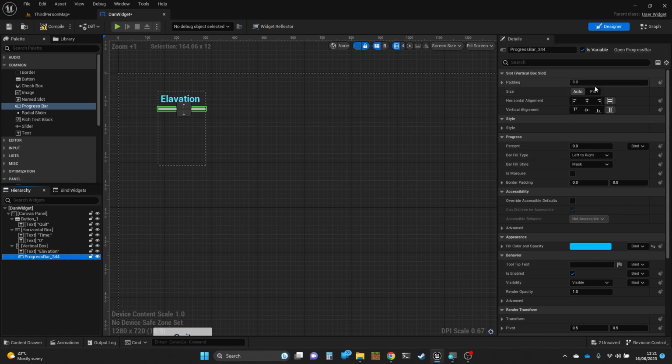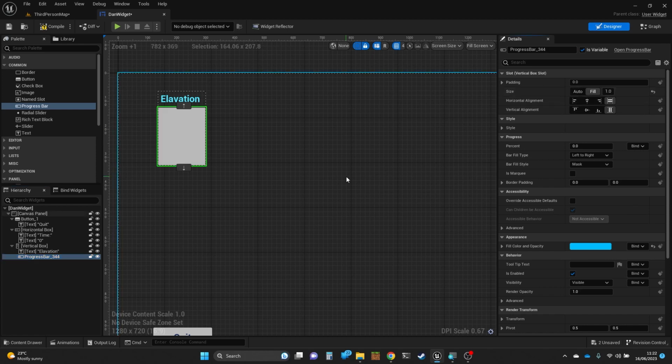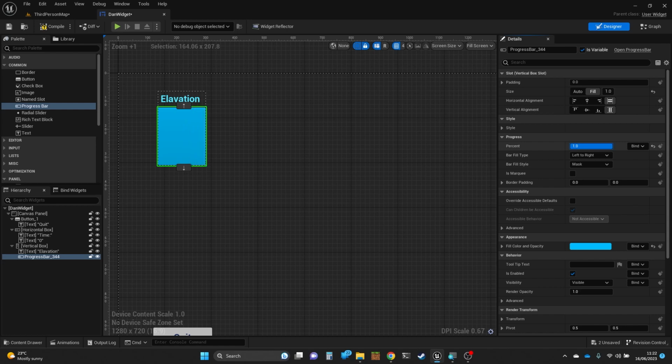Let's try and find the size. Auto fill. Greedily attempts to fill. Oh, there we go. That's nice. If we do fill, it will fill up the rest of this vertical box. The number that shows how far advanced it is is this percent number. And if I pull that across, that's giving us 0 to 1. It says percent, so you'd expect it to be